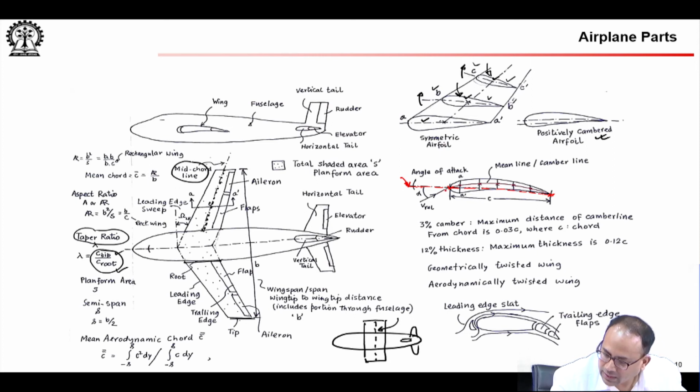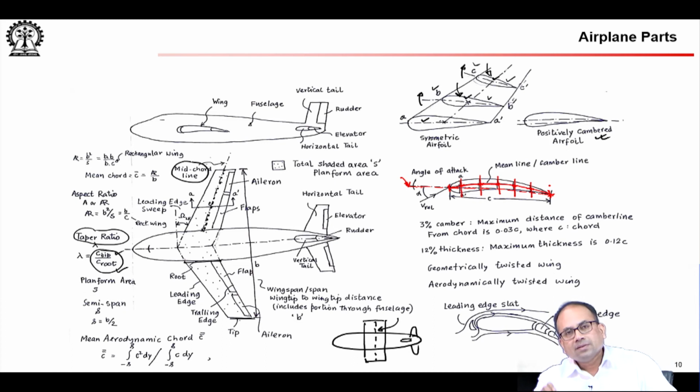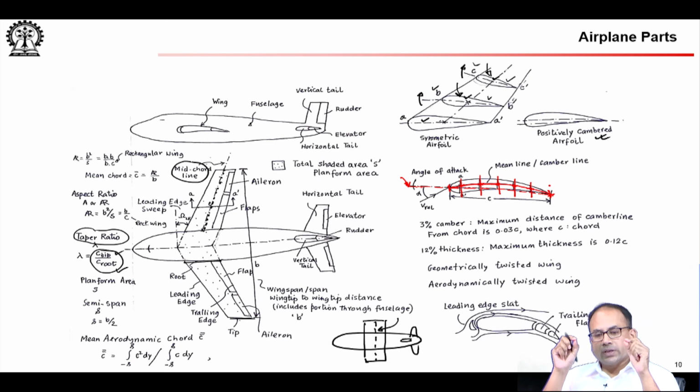Now, at different locations of the chord line, you draw perpendiculars that are cutting the airfoil top and bottom at some locations, and then you mark the midpoints, and then you join them. That line, of course, you know the chord line. The chord line is what you get by joining the leading edge with the trailing edge of the airfoil